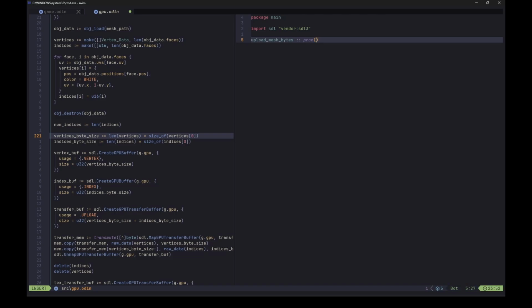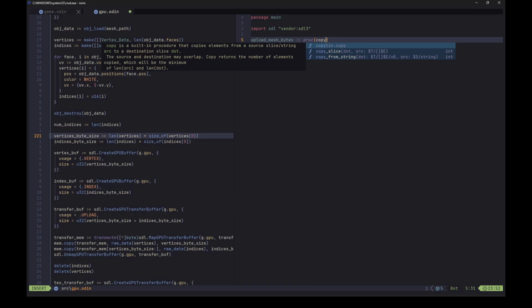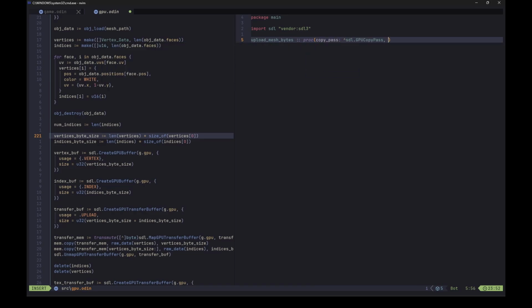So let's say that it will take a copy pass, a slice of vertices, which is just a slice of bytes, indices, slice of bytes, and also we need the number of indices, not depending on the actual byte size, be it a 32 or 16-bit integer. We want it for later for rendering, right? So we will say num